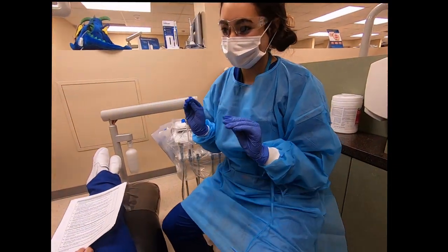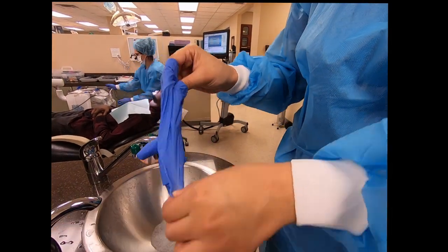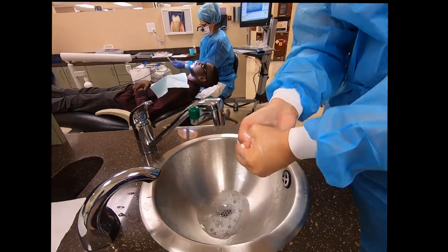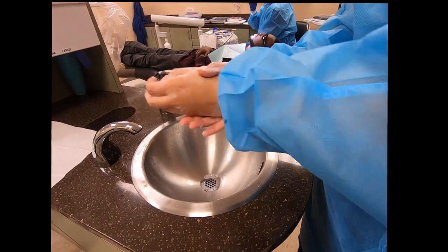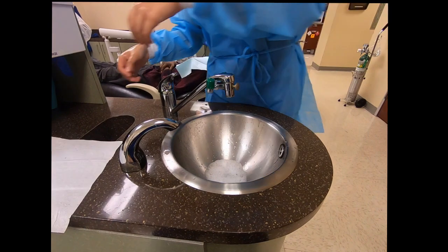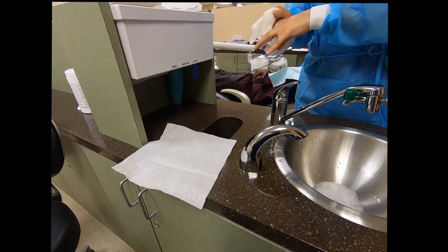After treatment is complete and before walking the patient out of the clinic, you will need to remove your treatment gloves. Discard of the gloves and wash your hands thoroughly and then dry. Remove your eyewear by touching only the ear rest and place the eyewear on a disposable towel for proper cleaning